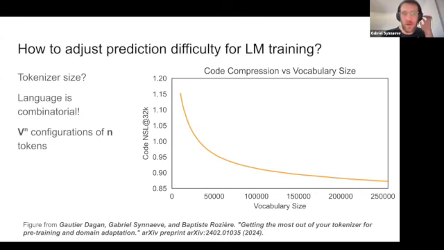And so we looked at what are the degrees of freedom we have to make this pre-training task more difficult. So one is the tokenizer size, right? You could say if we increase the number of tokens, we'll have more and more different tokens to choose from at the next step. So more and more uncertainty about which token it could be, just by default of having more tokens to predict from.